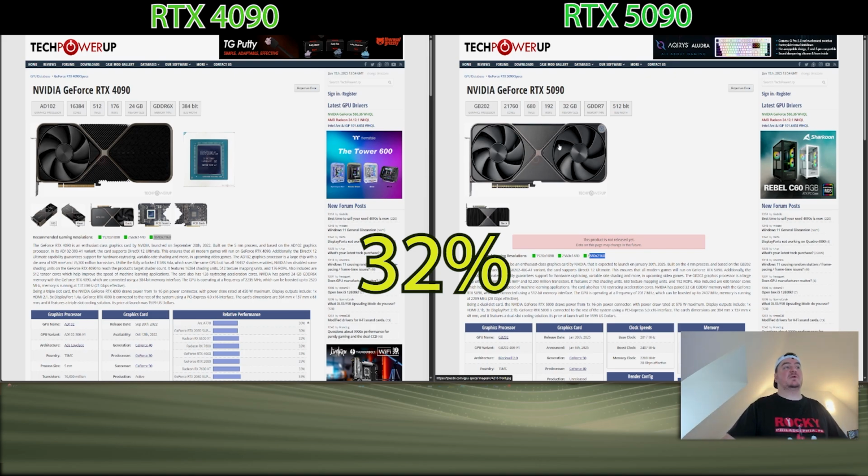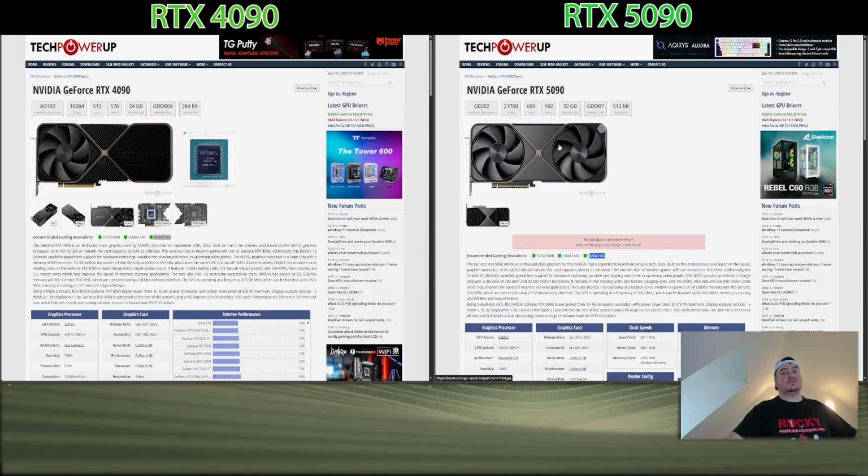Now, obviously, one big factor in comparing the two GPUs is the same CPU. If you're doing this, you need a fast CPU to keep up with your system. Otherwise, you're just going to bottleneck it. There's no point in having a weak CPU and buying a 5090 on it, because you're just not going to have enough processing power to feed this beast of a card. So I would definitely recommend,